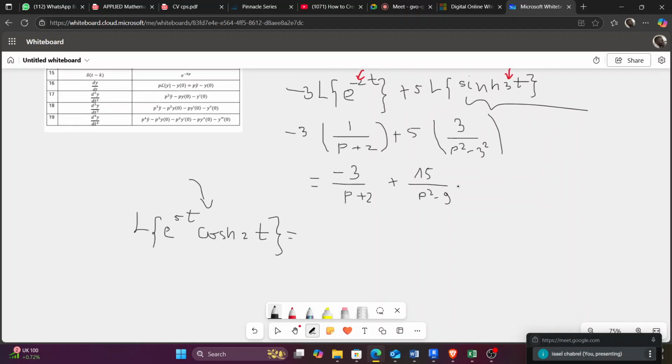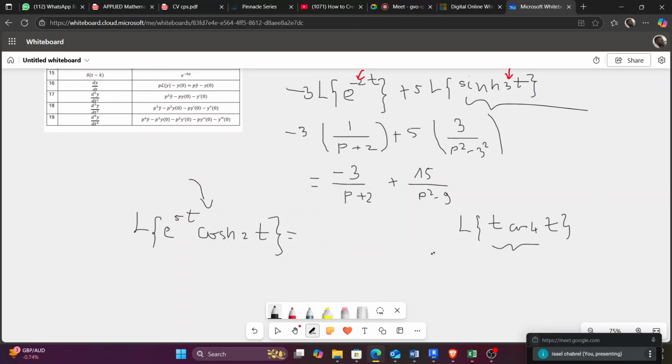Let me do this. Just a random question to see if you understand me. If I have Laplace of t cos, let's say 4t, can we solve this expression using the first translation property? Can we do that, guys? No, because you said the first equation should have an exponent, right? Yes.